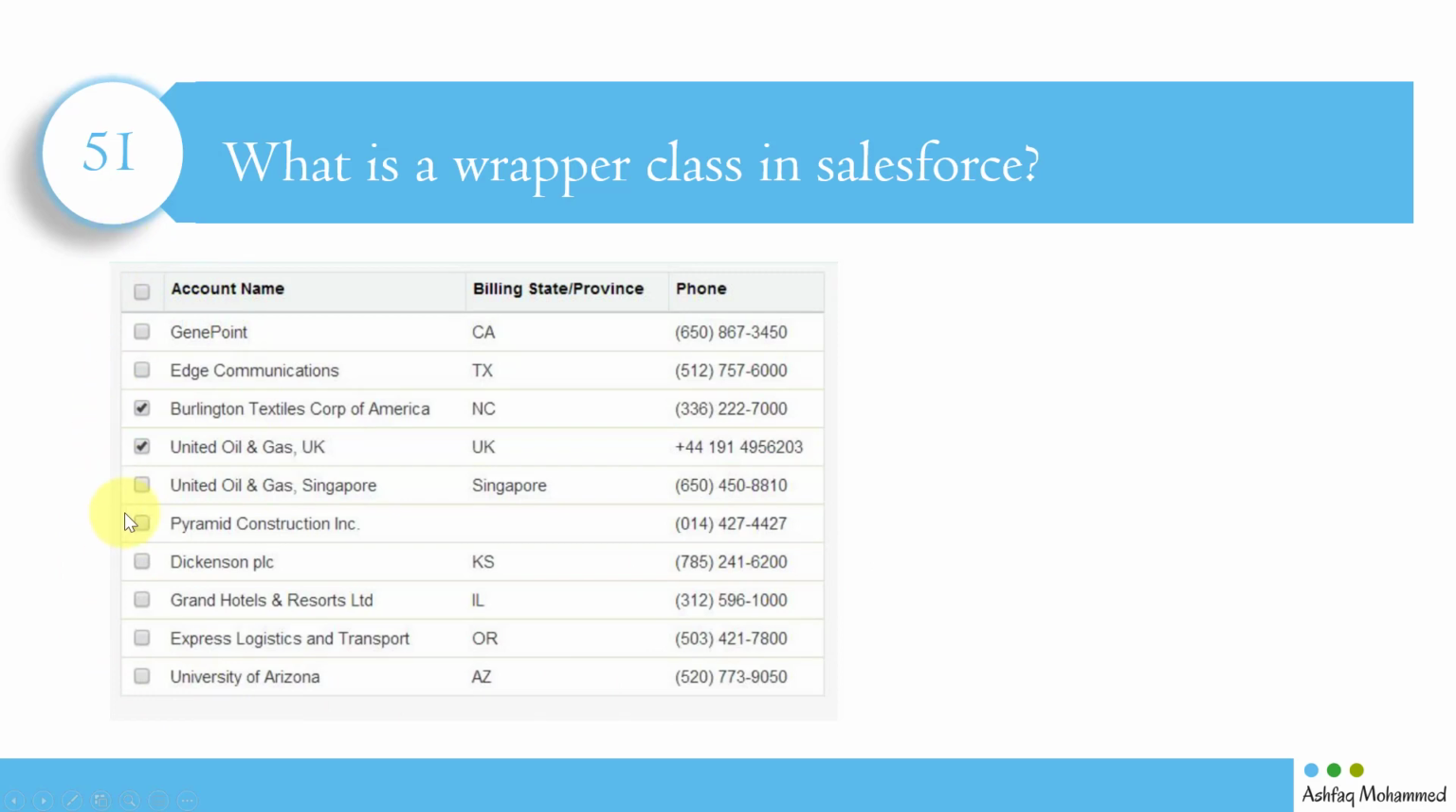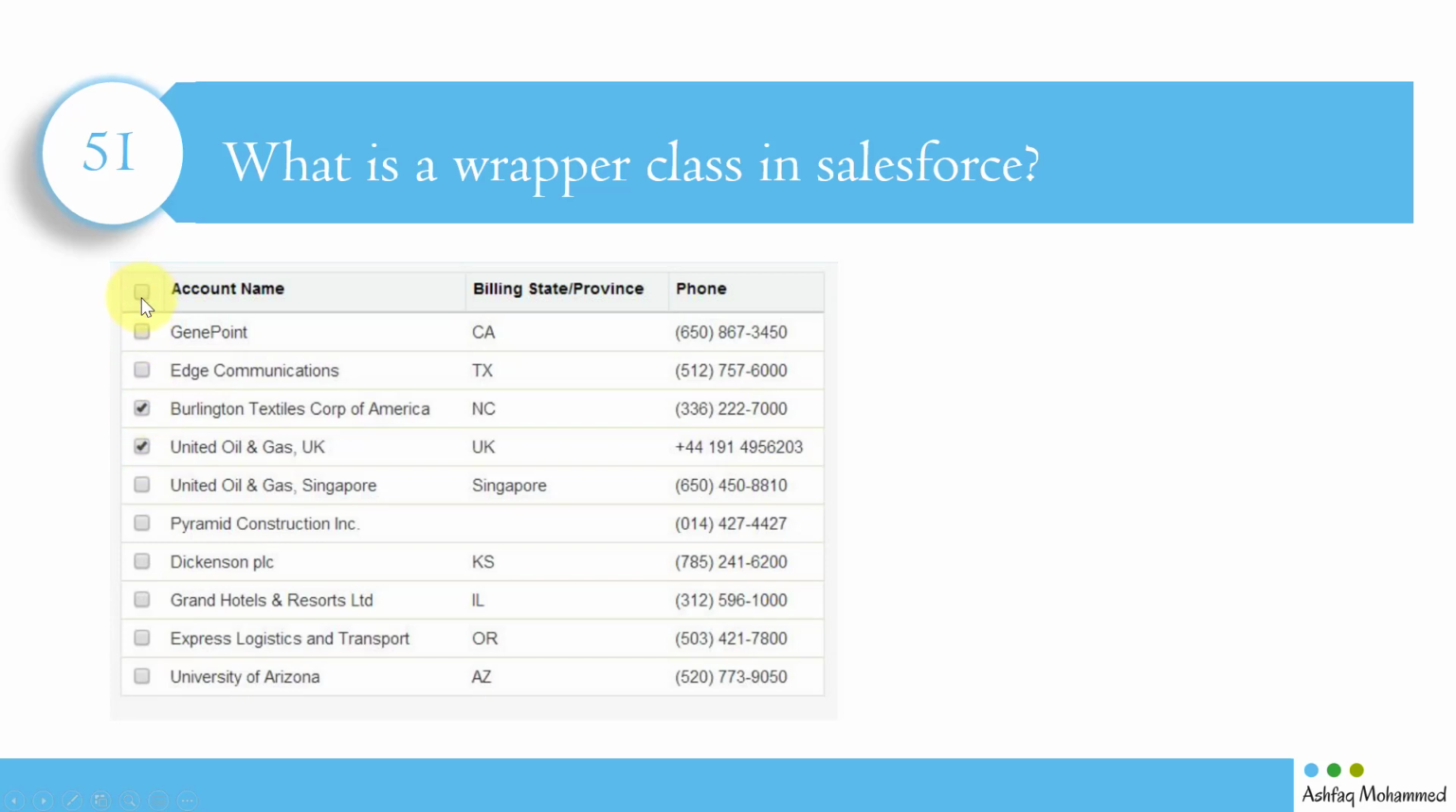Okay, if you simply declare account and try to display it in a grid form, then it will just display the account fields. It won't display this checkbox. So what we are doing with the wrapper class is we are trying to combine, and telling the compiler that these two are one, because I have combined them using a wrapper class. So consider these two as one, and then it displays